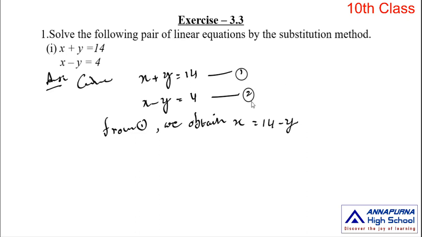From the given two equations we can choose any one equation, and from that equation we can present any one variable in terms of the other variable. So here I choose the first equation, and in that I choose x in terms of y. This is the first step. Now substitute this x in the second equation. Here we get this x from the first equation, so substitute this x in the second equation.